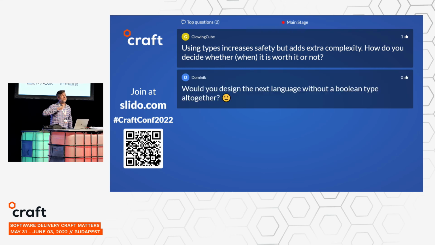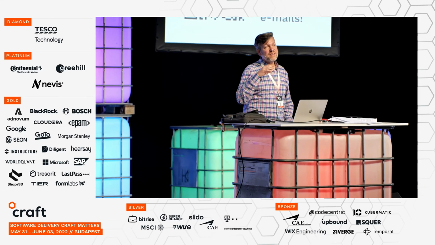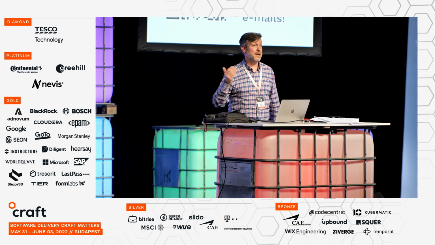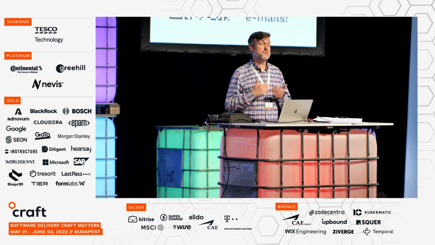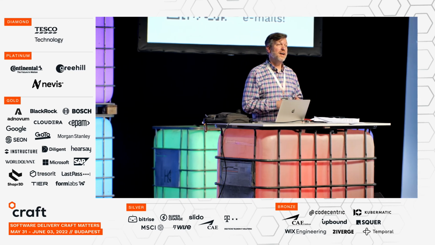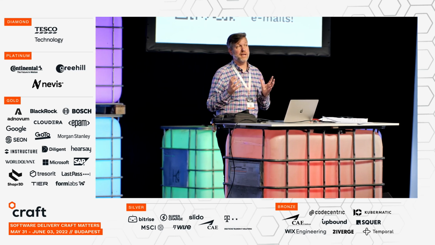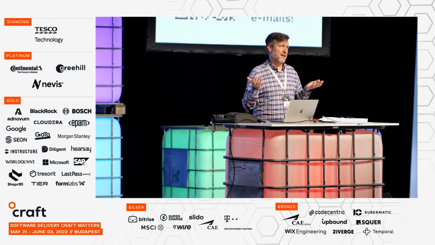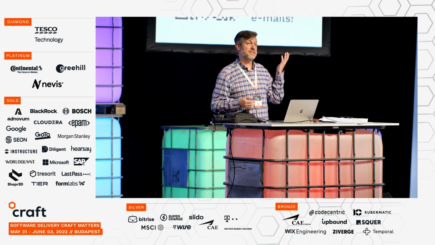So if it's going to cost you money if your system goes down, then having the extra safety is worth it. Having just basic types for everything really is pretty much always useful. But when you get into things, especially in TypeScript, which has a great type system, and you get into things like optional types and type maps and stuff like that, it can get more complicated. And so you just have to balance the amount of time it's going to take new developers to sort of grok what is happening and be able to follow your code base